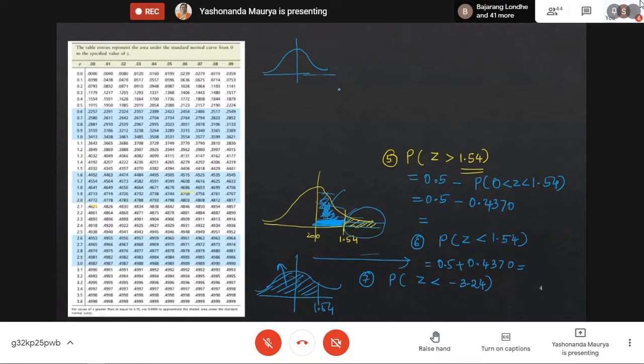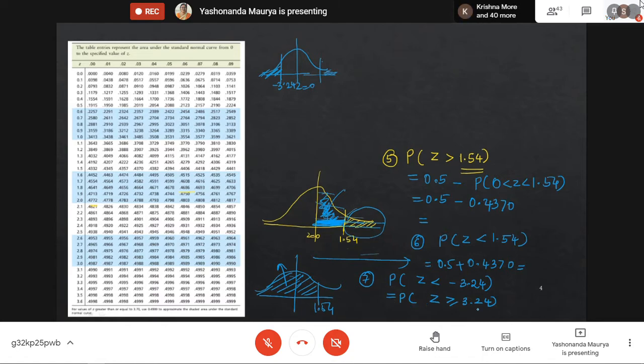Okay. So this is the point z equal to 0. So minus 3.24 will be somewhere here on the left side. I'll mark this line. So now Z is less than this. How do we get this area? Again over here, the graph is symmetric. So this area is the same as its mirror image. What will the mirror image be? The mirror image will be this area. And how do we represent this area? This area is as good as the probability that Z is greater than 3.24. In fact, if I write equal to, will it be any problem over there?